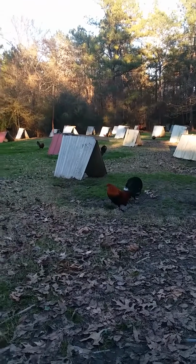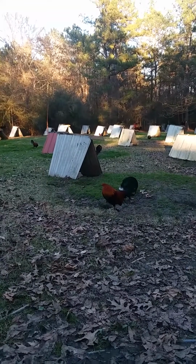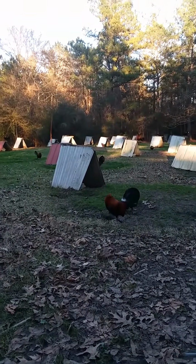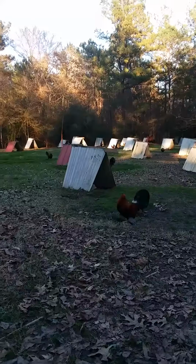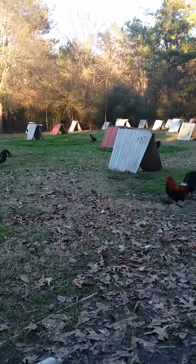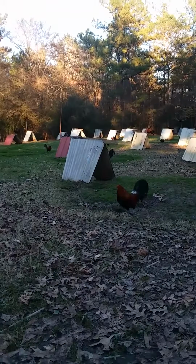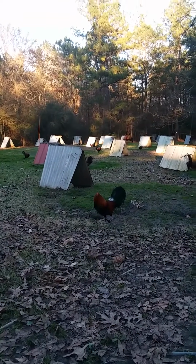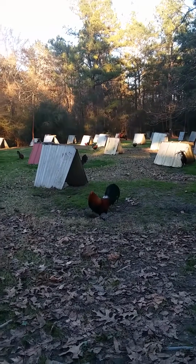If you got chickens, you ain't gonna have no weeds. If you got some, just scoot that pen over a little bit. You won't have them weeds in a couple of days. A chicken will clear off your property for you if you'll just keep moving that pen. I promise you that. They ain't putting that weed killer in there to kill no weeds. They putting that weed killer in there for the...